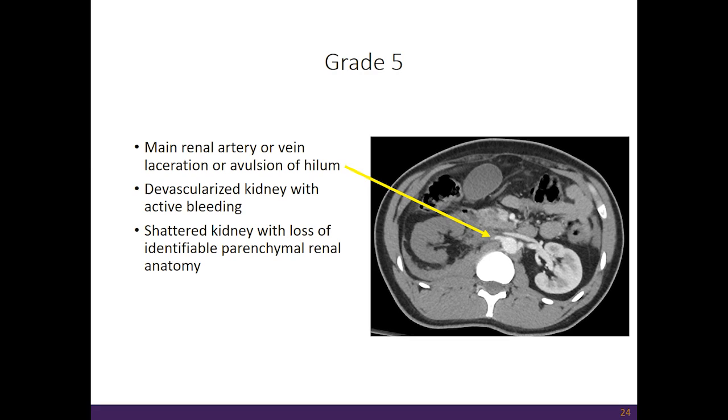And finally, grade 5, where you have a main renal artery or vein laceration or avulsion of the hilum. You can see here in this picture, the right kidney is not enhancing relative to the left kidney. You can see that there's only a portion of the right renal artery that is opacified. There's hematoma surrounding the renal vascular pedicle, and this is a devascularized kidney. And there's also active bleeding or shattered kidney with loss of identifiable parenchymal renal anatomy, which would also be included in